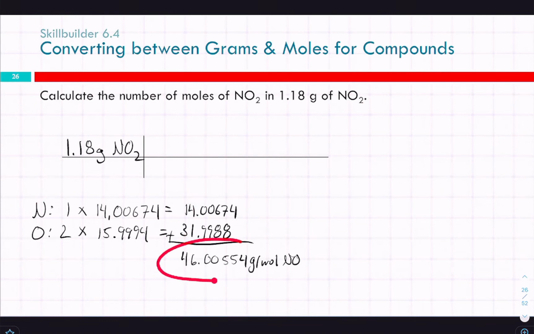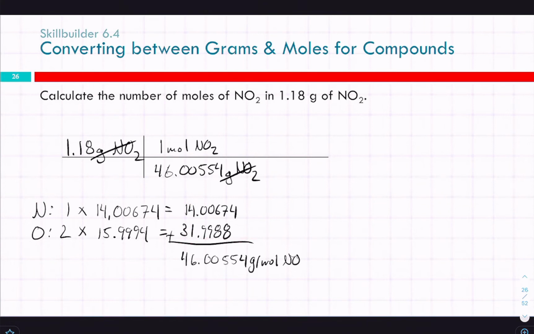So now how do I plug this in? Yep, 1 mole on top, and 46.00554 grams of NO2 on the bottom. You might want to take shortcuts in writing out the units, but writing in the units lets us quickly check that grams of nitrogen dioxide gives us the correct units. So 1.18 divided by